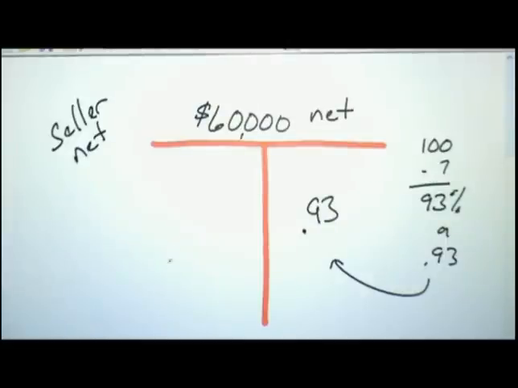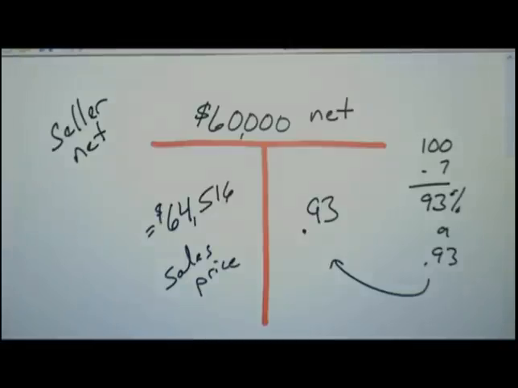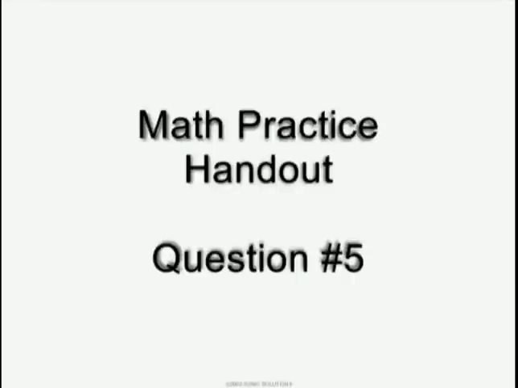So in order to find the sales price of the house, we need to divide the $60,000 net by 0.93. And if we do that, you'll come up with $64,516. Again, this is what we call a seller net question. Anytime you see something to the